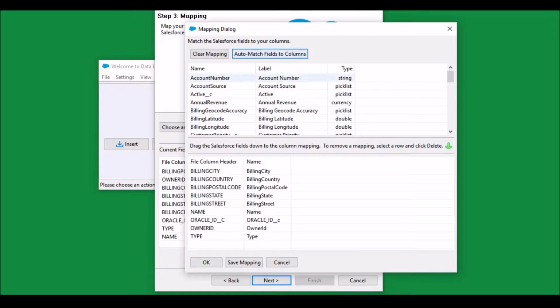And one thing I'm going to do is remove the owner ID, and I'm not going to insert an owner ID. When it's blank, the owner ID automatically defaults to the running user, which is going to be the training user. Also, I want to point out that Oracle ID is an external ID, and we'll talk about that a little bit more as we go along. So when you're ready, click on OK,